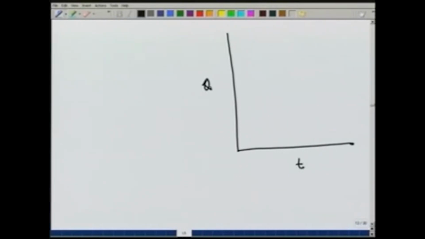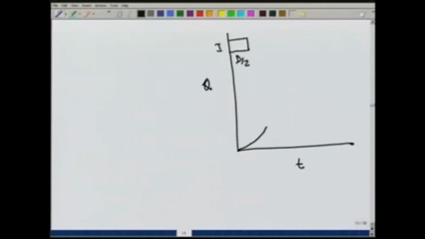Again, if we look at the effective rainfall, suppose this is effective rainfall for a duration which is d by 2. The intensity is I. Once we know the S curve for duration d or intensity 1 over d, let us assume that the S curve is given by this,